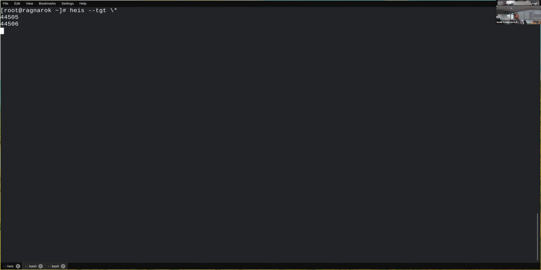So since Heis is built on it, everything inside of Heis is a plugin, which makes it really easy, again, to be able to plug this into more scenarios. This also means that the tunneling system that we're using is a plugin.